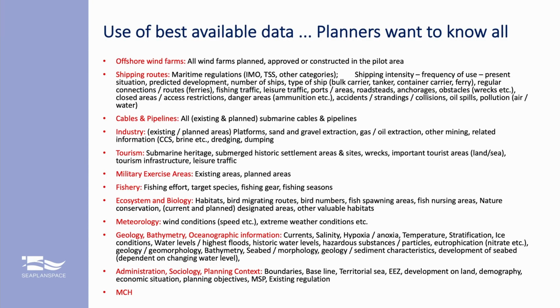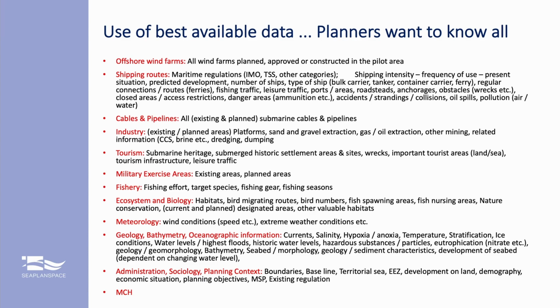This is about the various data sets for the different economic human activities, be it in terms of tourism, where you want to know also about the submarine heritage and the tourism infrastructure, for fishery what kind of target species, what are the fishing seasons, the meteorology, the wind conditions, as well as the social and planning context. So what are the boundaries, etc. Quite often, this kind of data is known, even though I have to say that in terms of planned data, differently to the existing data, it's not so easy to get to these plans, because they are very often not in the hand